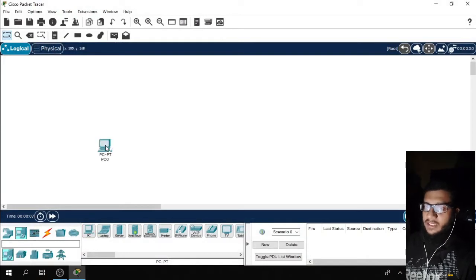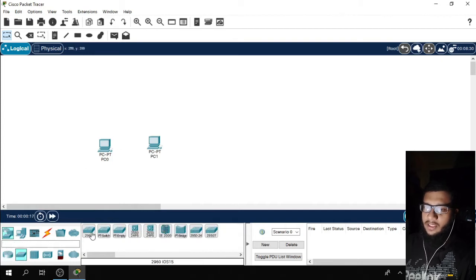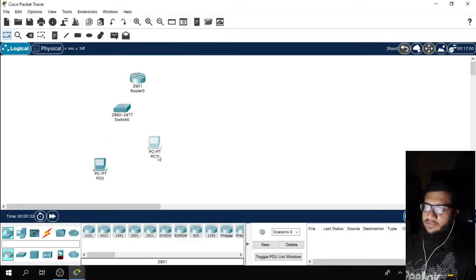I have used one PC and I will take another PC here. Then I'll take one switch and connect it here. Then I'll take one router, this is a Cisco 2901 router. Now I'll configure these devices.